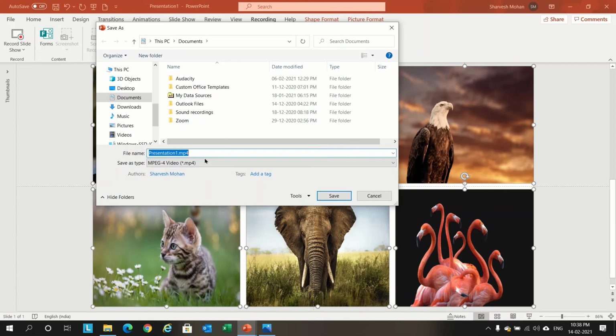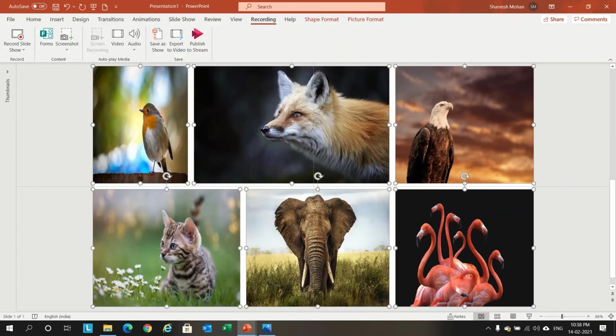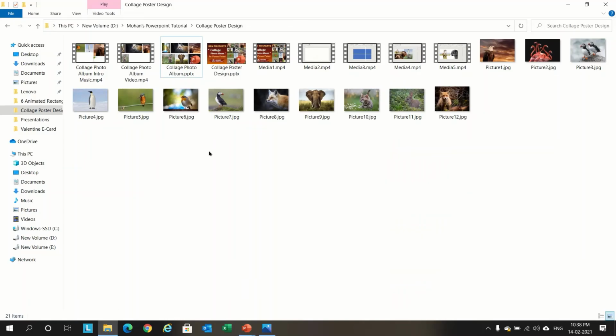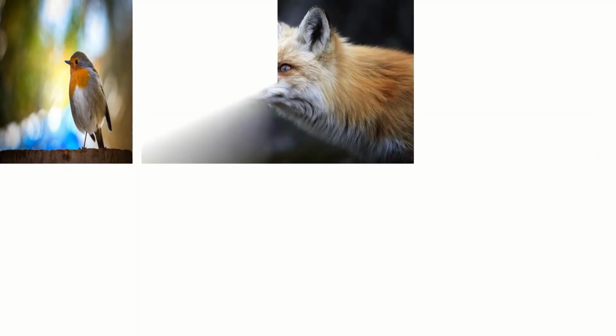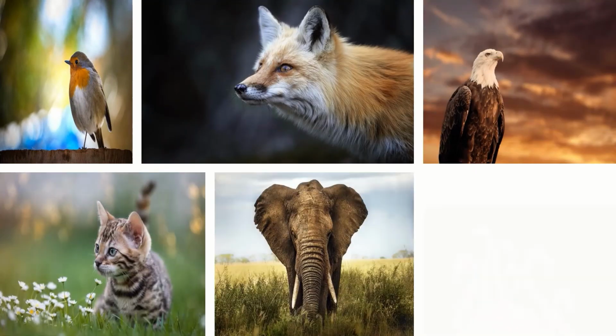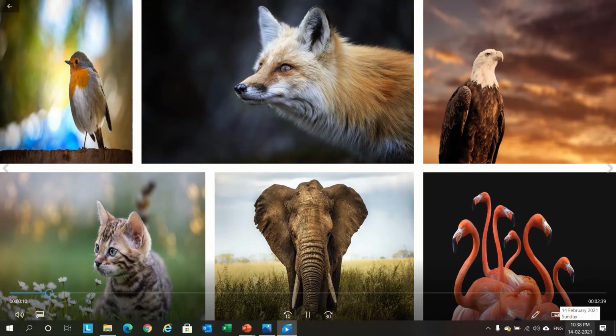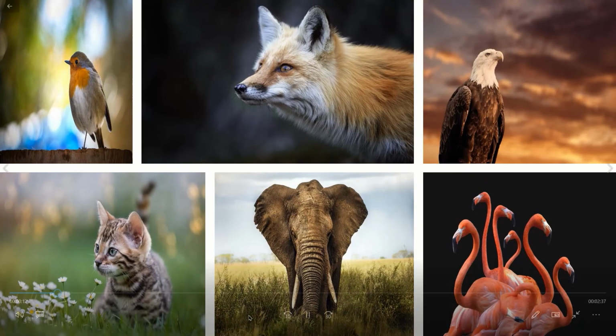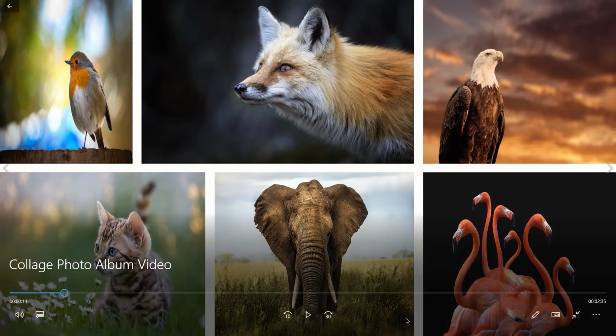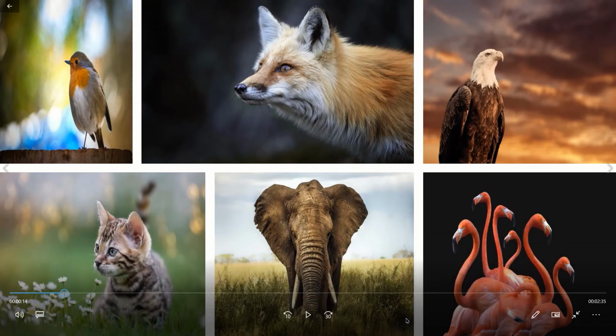And we'll give the file a name and we'll open it. So we have created the collage poster.